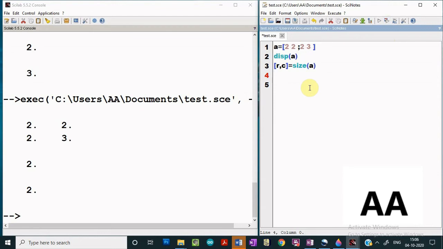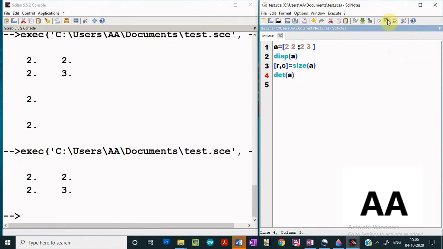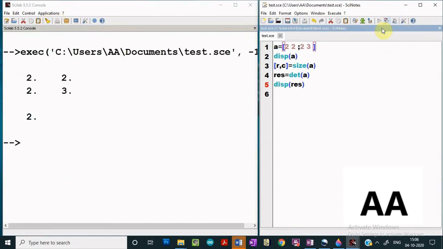Now let us see, this is the matrix and I wish to determine the determinant of this matrix. If the matrix is small, you can manually compute the determinant also. I have to display it. So let me execute it again and see what I get. On execution, I see that I'm getting this determinant, and for the small matrix, we can check also. So 6 minus 4 should give us 2 and we are getting the correct answer.